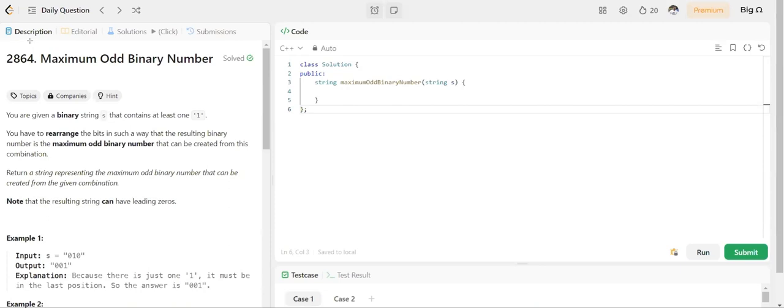Today's LeetCode DCC question is maximum odd binary number. You are given a